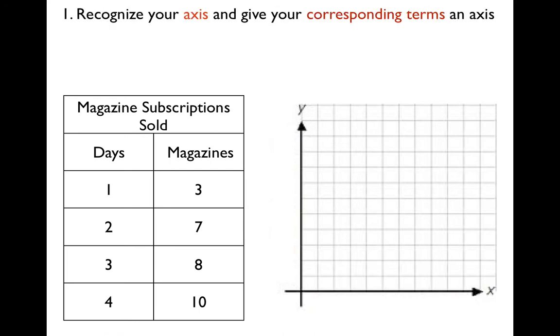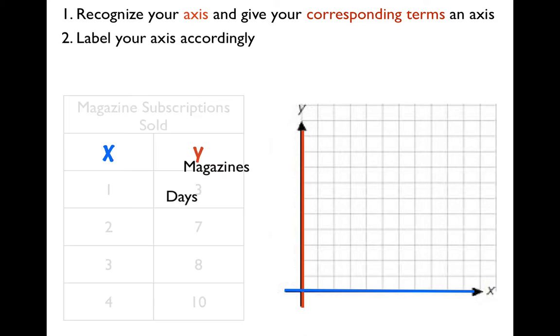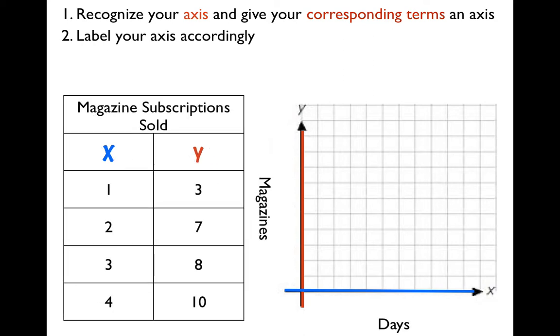Let's look here. The first thing you want to do is recognize your axis and give the corresponding terms an axis. So you have your x-axis and you have your y-axis. When I look at my magazine subscriptions sold, the days is going to go on x and magazines is going to go on y. The next thing I want to do is label my axis accordingly. So days, like I said, is the x, and y is